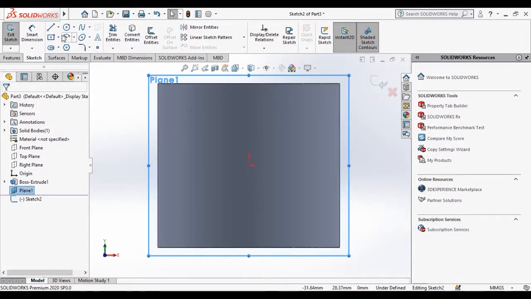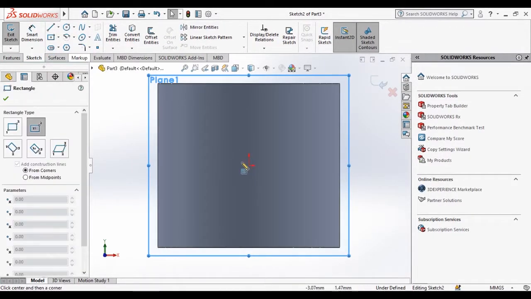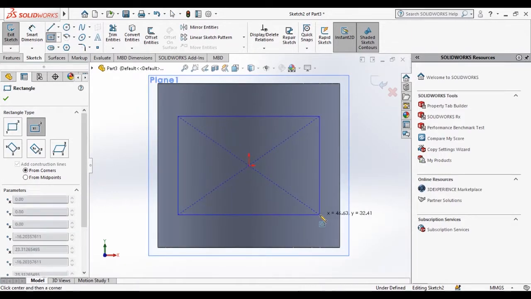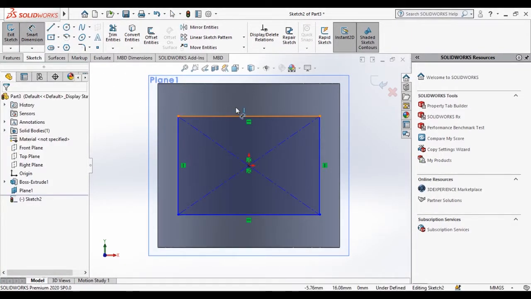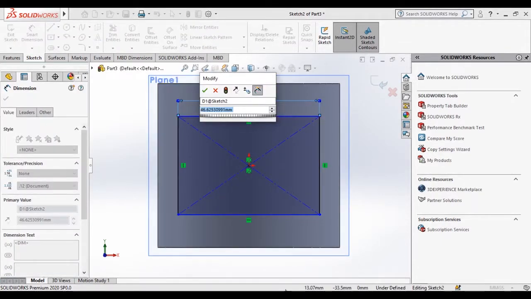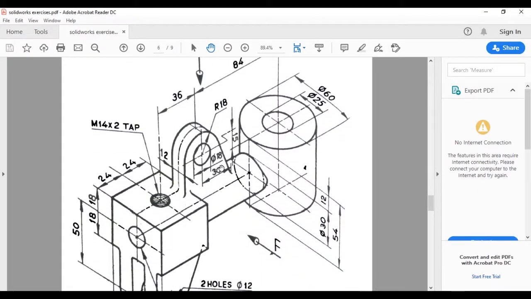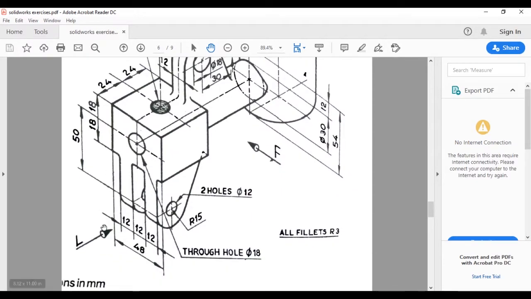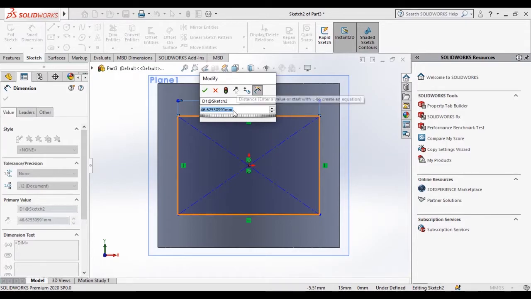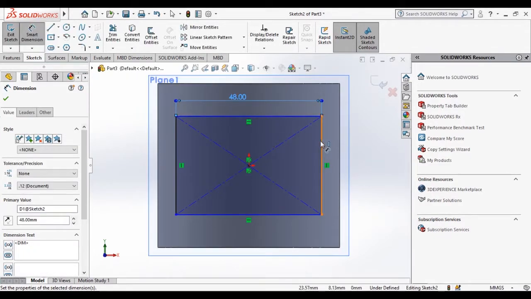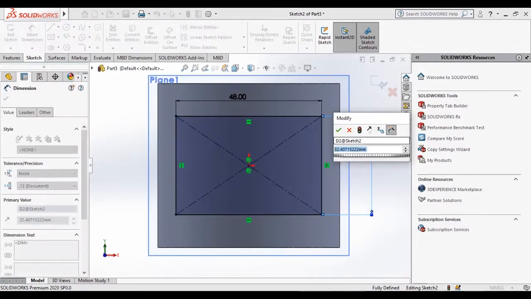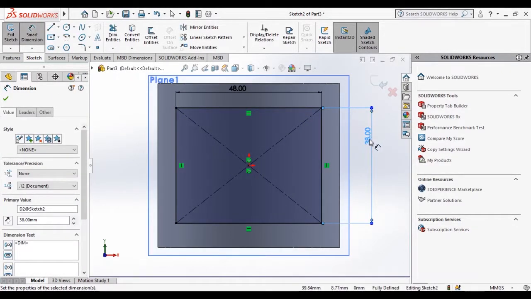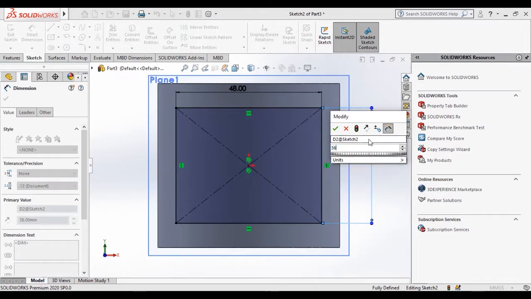And now I'm going to use the center rectangle, and I'm going to add the dimensions using smart dimensions. So total is 48, here at the bottom it is given, and this one is 18 plus 18, 36. And this one is 48, and the other one is 36, that is 18 plus 18, 36. And then we'll